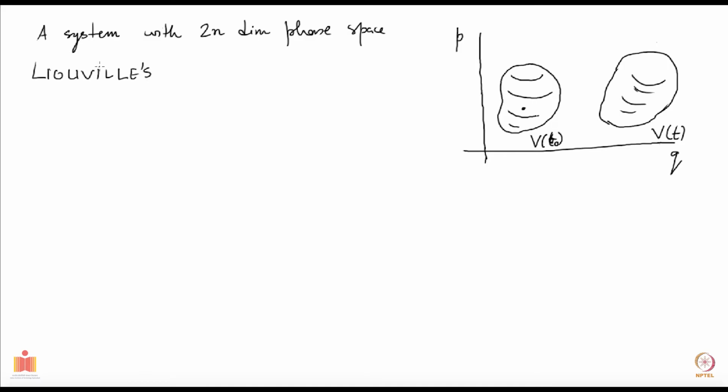Liouville's theorem. Okay, so I hope the question is clear, and let me just create some notation. I want to define this entire set of coordinates q1, q2, and so on up to qn, and then you have p1, p2, up to pn, so you have all the 2n coordinates here. Let me call these collectively x, and I put a vector sign on x just to mean that it is a multi-component thing.